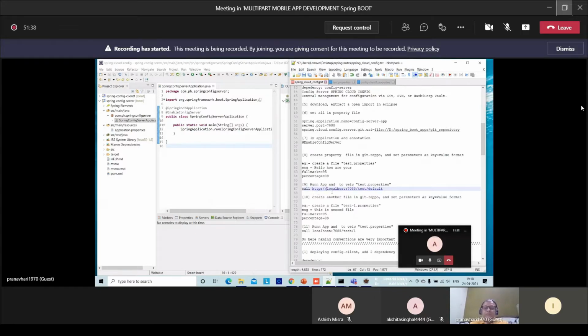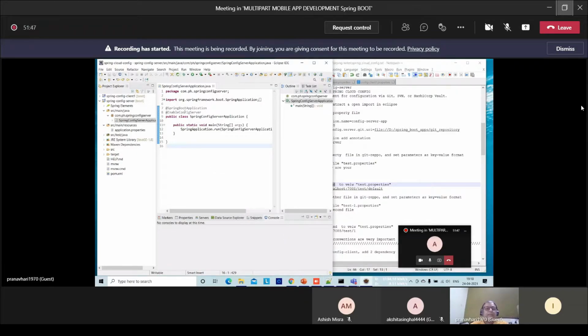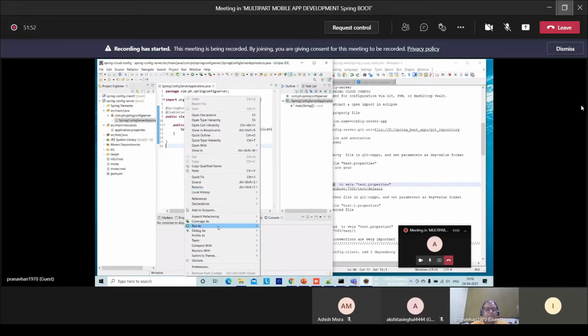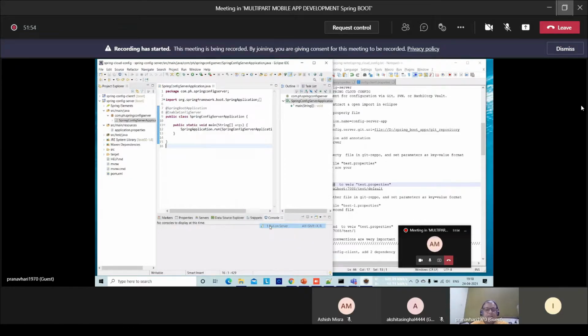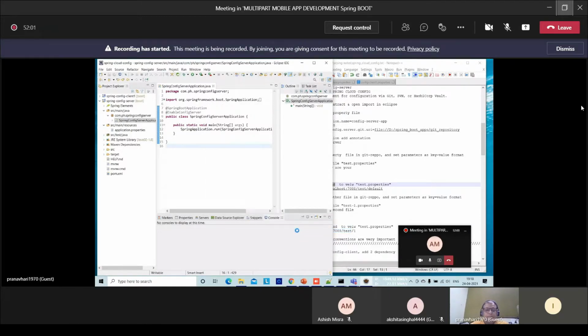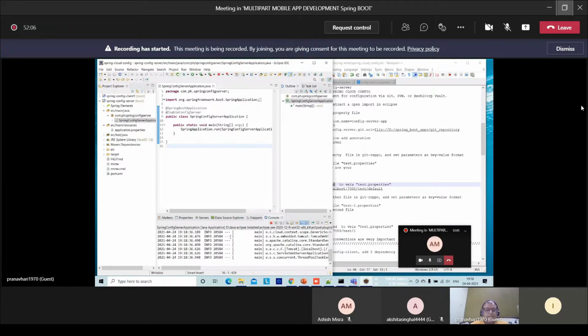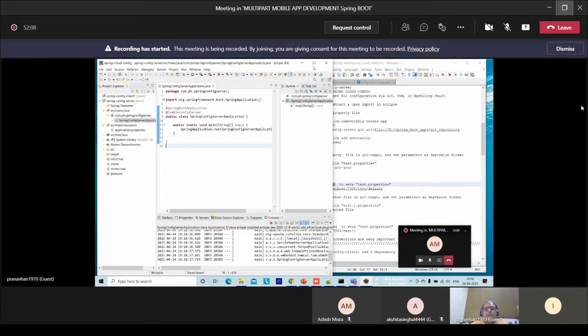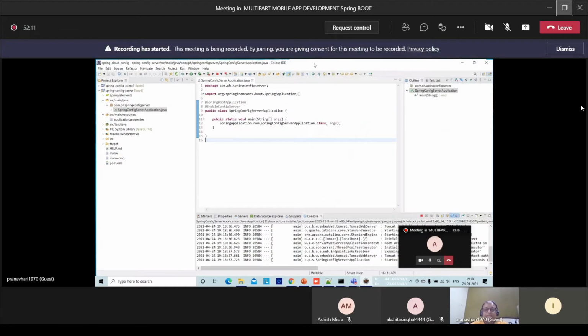Okay, let's invoke this localhost. After doing all the changes, run the app first. So run the app first. Let's run the app. So look here, let me pull the screen.